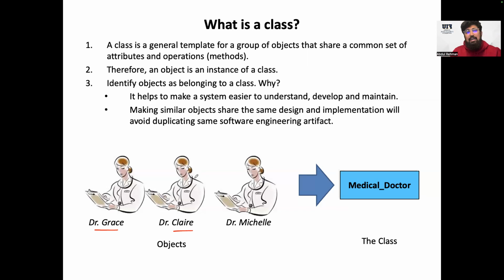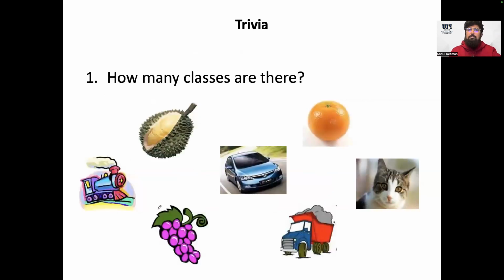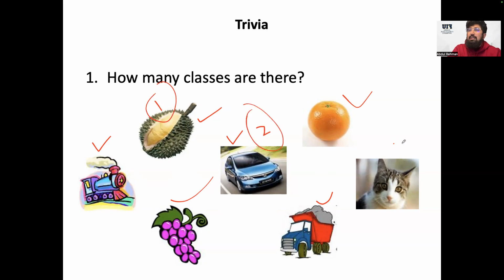In order to design, I have come this way, but when we are already designed and we are developing and coding, we can go this way, which means we design the class first, and then with the class, we can develop the objects. So let's say this is a set of pictures. How many classes do you see? If you ask me, I would simply count and say, okay, this could be a vehicle, this could be a vehicle, and this is a fruit, fruit, and fruit. Oh, this was a vehicle too. So one class is the fruit class, the second class is the vehicle class, and the third class is the animal class. So we basically have three classes.